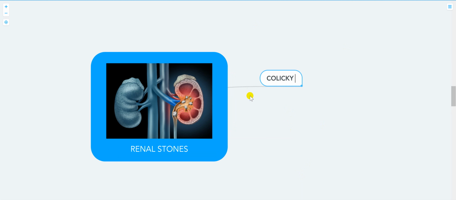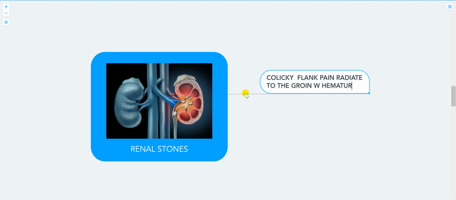Okay, colicky. Let me zoom it a little bit. Colicky flank pain, radiate to the groin with hematuria. So what do we do after that? We do UA. Okay, so if the UA came back positive